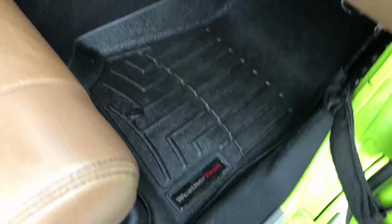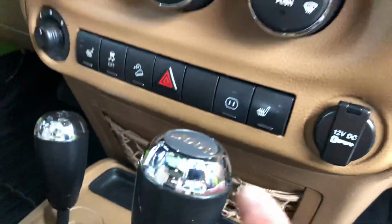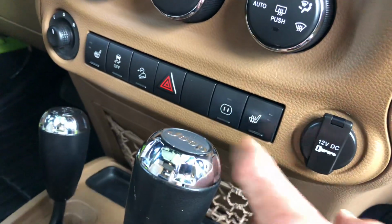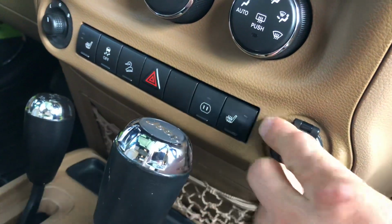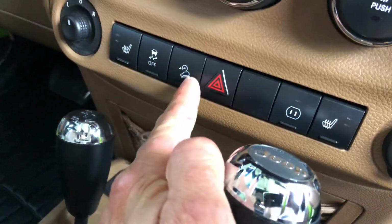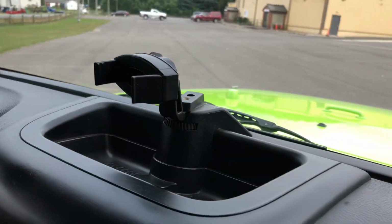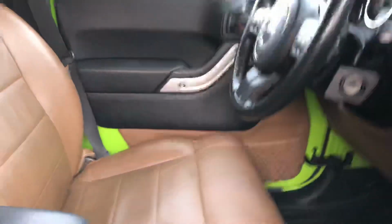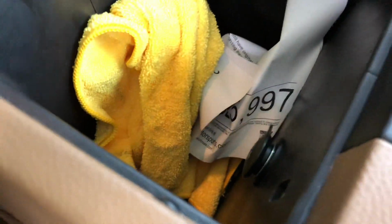So WeatherTech's all the way around. There's your knobs, your ice cold AC it blows. You get your heated seats, if you want to plug your 12 volt in right there, or your AC, whatever you call that thing, the hair dryer, you plug your hair dryers in. I don't know, go plug a lamp in or something. I don't care. You get your downhill descent right here. You get your traction control, driver heated seat, navigation, no backup camera. This is for your phone right there for a mount that he's leaving in it. You got all your knobs and everything. Two compartments right there. You got all your knobs and everything in here